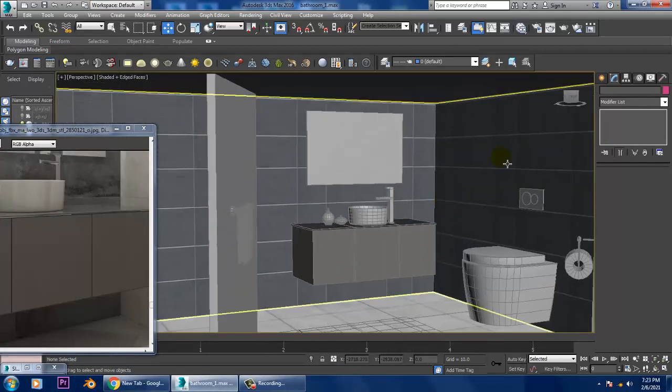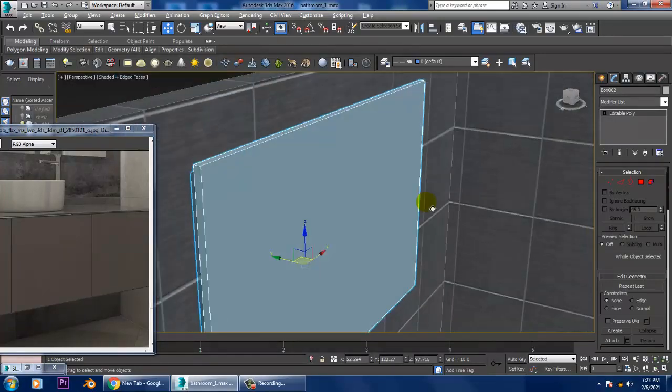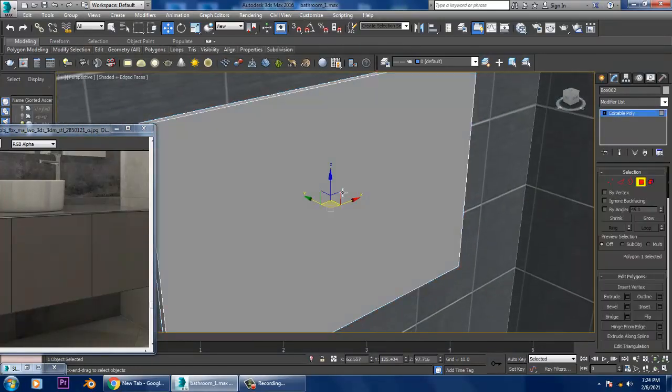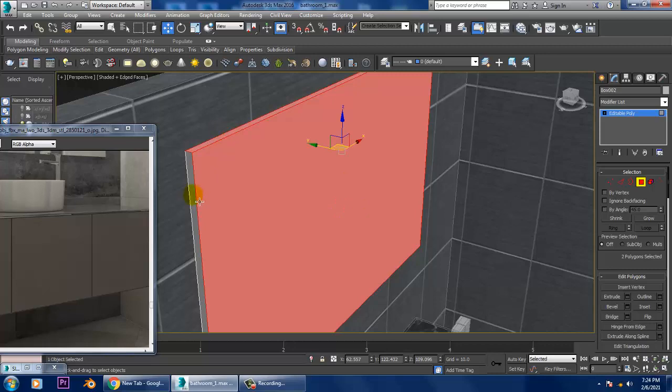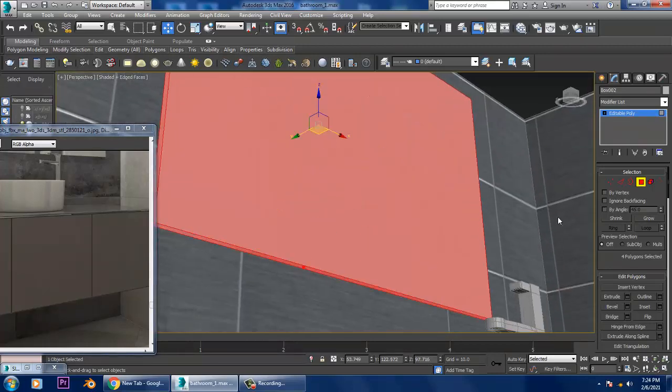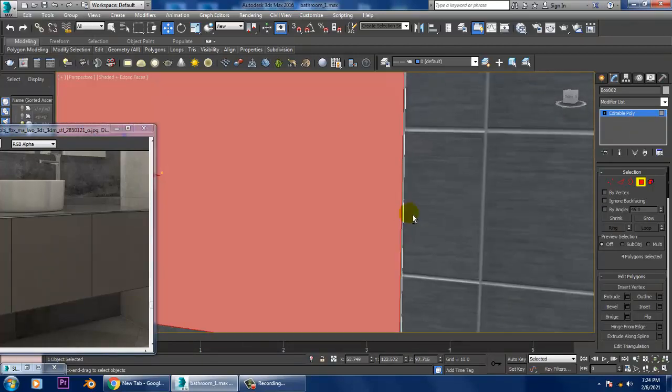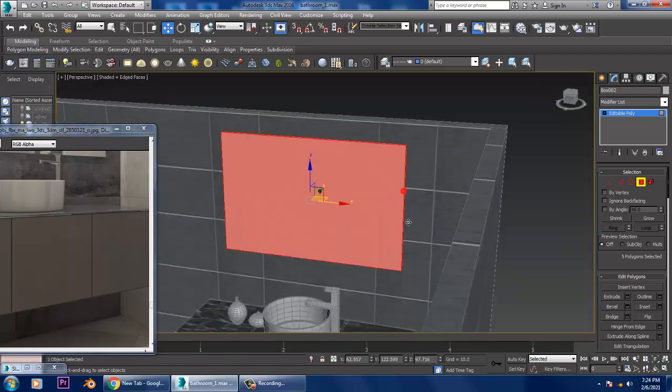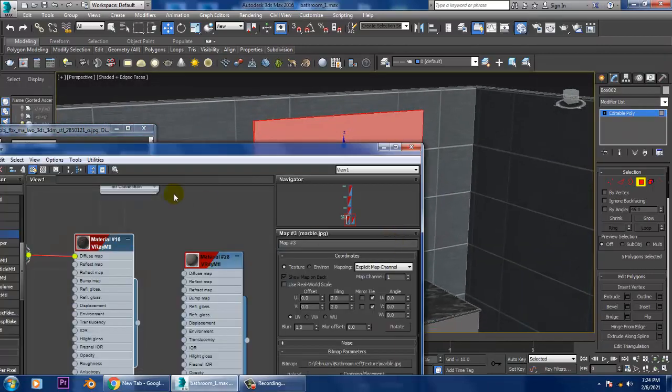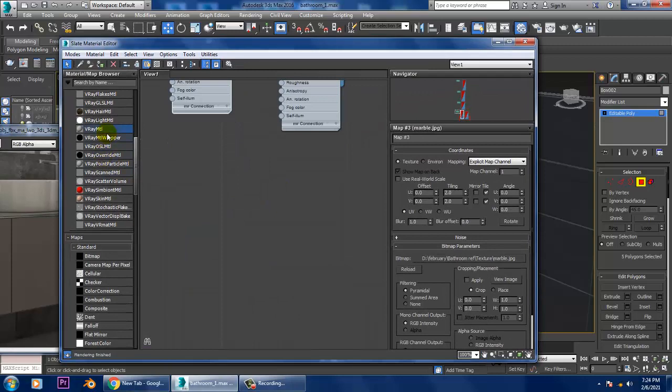And how you can create a mirror over here. So how to give a mirror texture, I'll show you. So let's just select the polygons over here for the mirror. Let's go into material, take a V-Ray material.